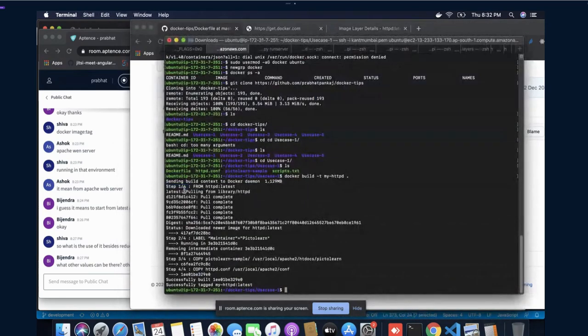Step 1 is done because we have already pulled this Docker image. Step 2 just provides the information about who is the creator of this. Step 3 means we copy the file from here to this location, and step 4 means we copy the HTTPD file to this location.